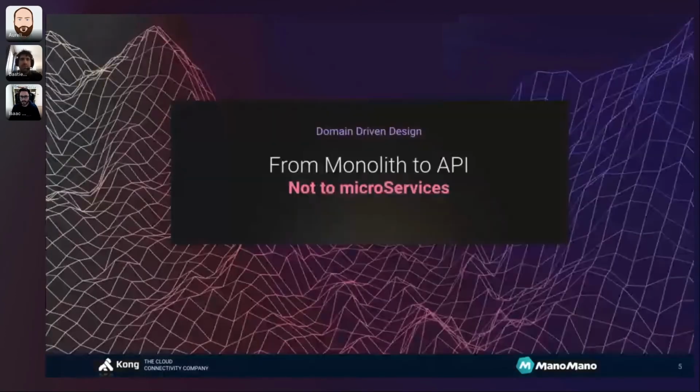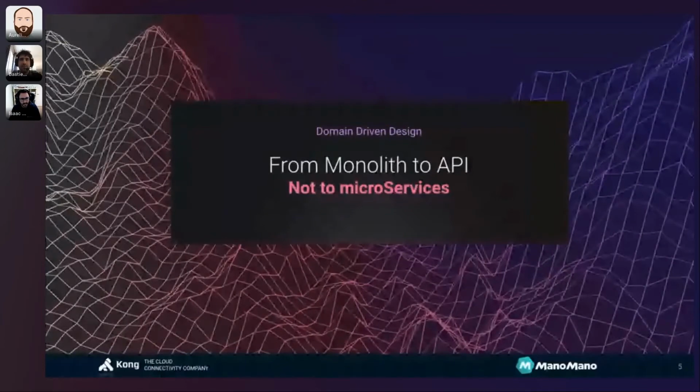So let's go to the domain-driven design. So how we have moved from monolith to API, and I insist on API. It's not from monolith to microservices. So for me, it's quite important. So let me explain that. So first of all,